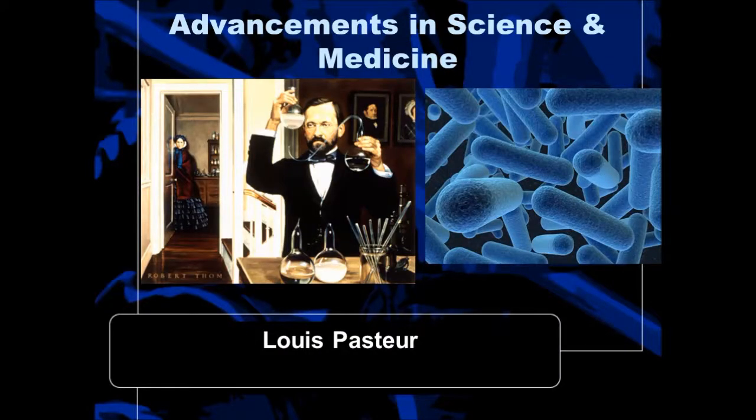We also have inventions in science and medicine. Louis Pasteur is actually the guy who came to the understanding that there was something called bacteria that made people sick. And the way to get rid of that bacteria was through a process called pasteurization, where you heat things up and it gets rid of those germs and keeps people from getting sick. It had been kind of identified, this idea that there were germs, by people prior to him. He just kind of gave a name to it.